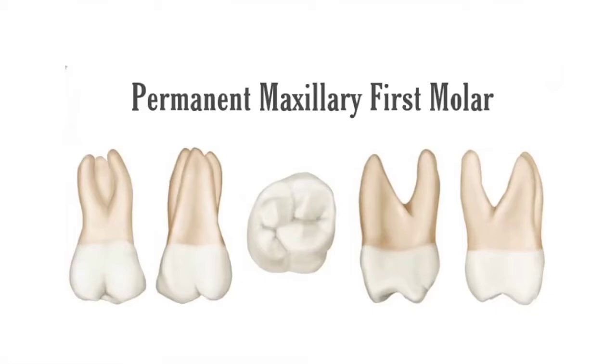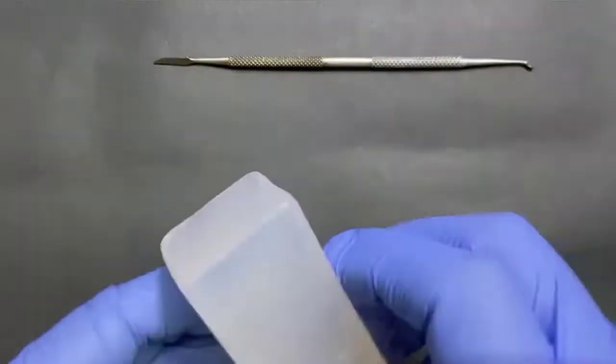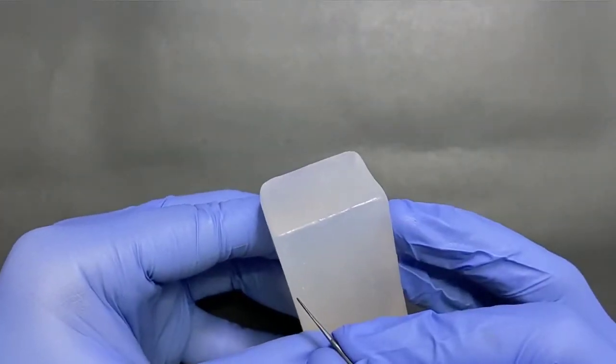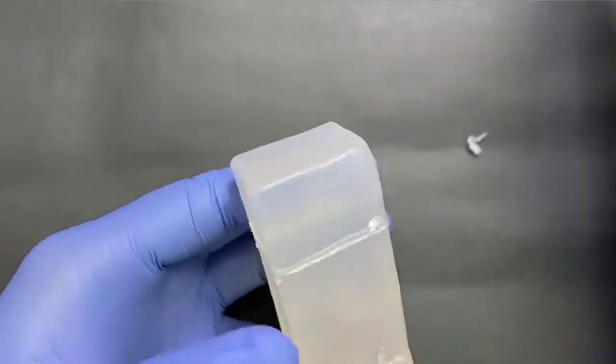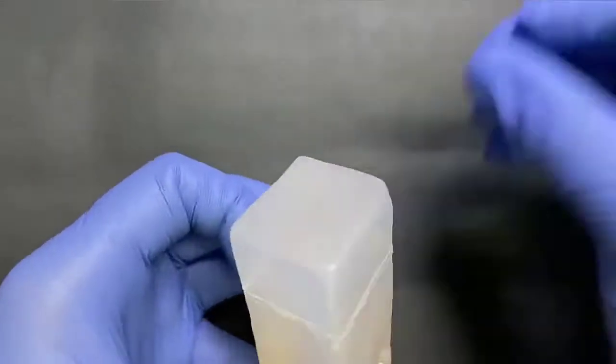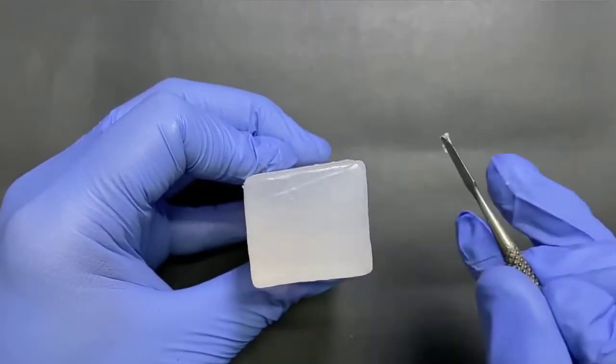I welcome you all into this carving tutorial of permanent maxillary first molar. So, post various videos in which we have made various teeth, we have learned how to make the COCs and how to do the buccal, lingual, mesial and the distal aspects. So here our primary focus will be on the occlusal aspect, which is the most difficult.